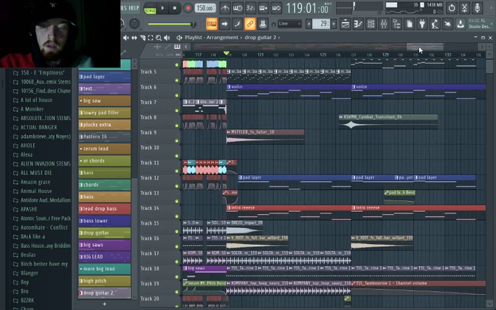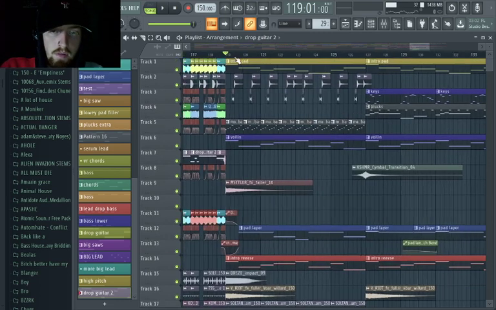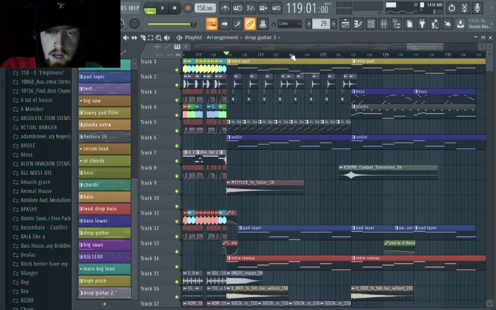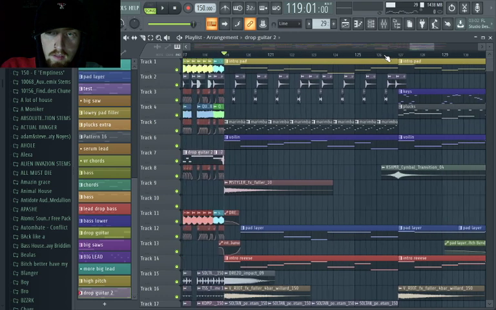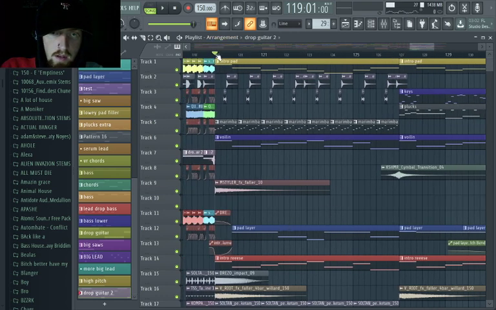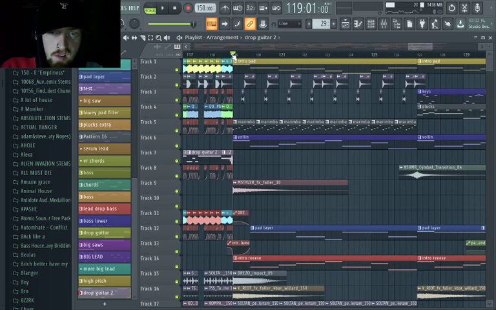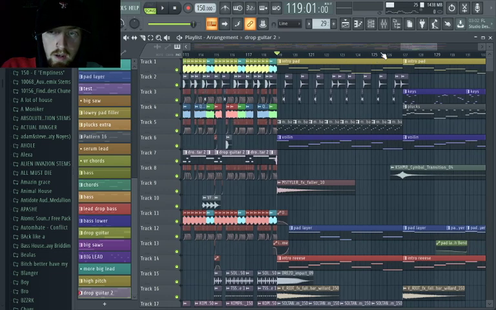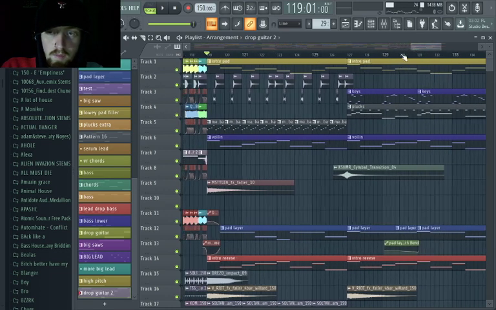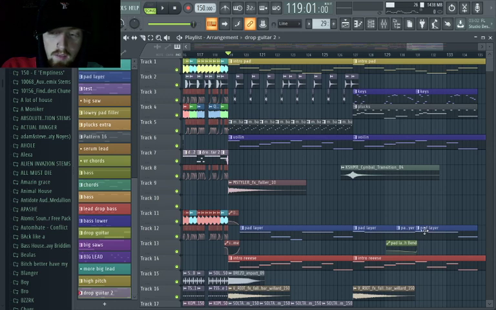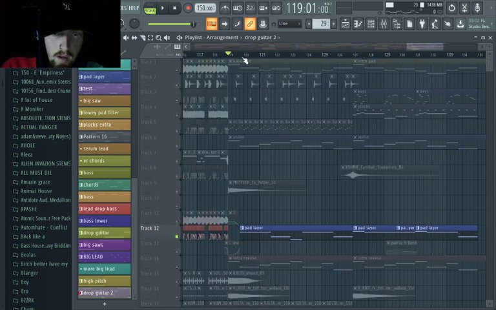So here, where we still have these kind of snares going on, I didn't modulate the pitch bend on the pad. I just didn't think it sounded right, and I didn't want to kind of overkill that. So I waited until the end here to do it. So this pad is just kind of